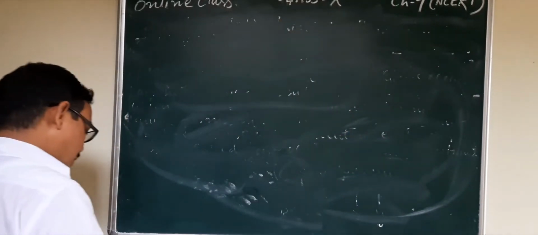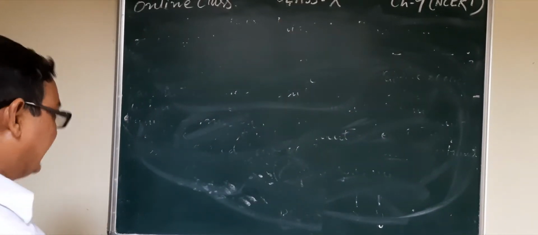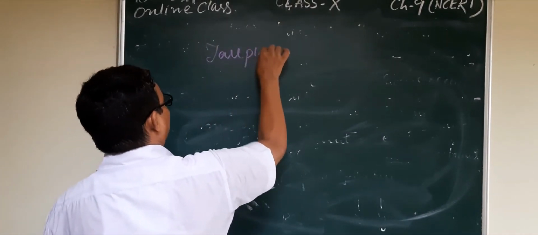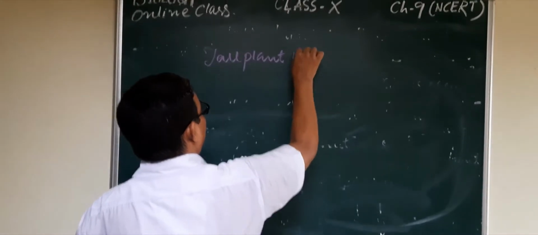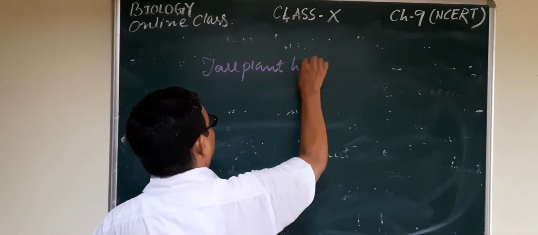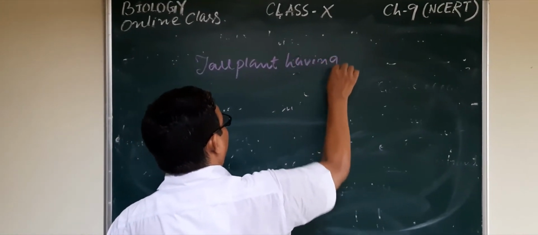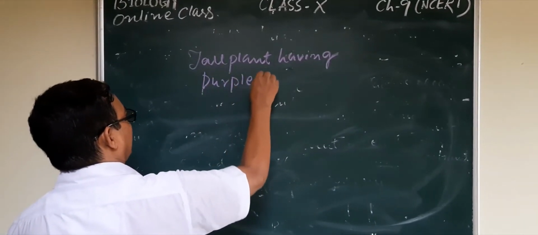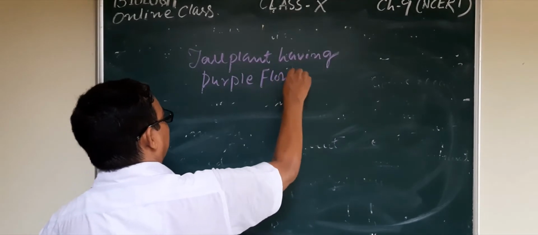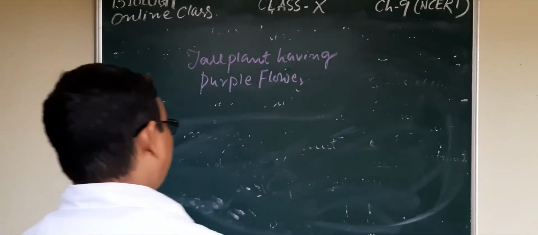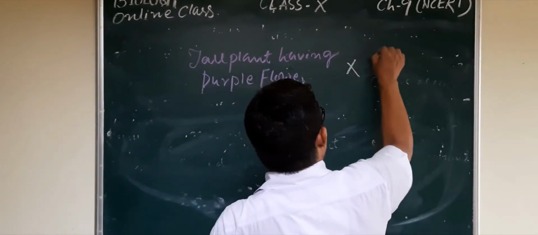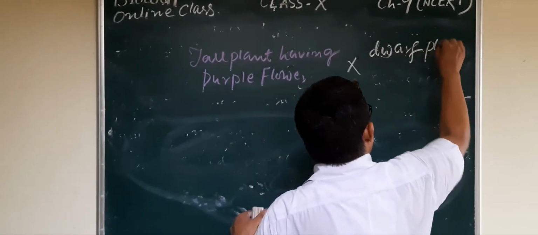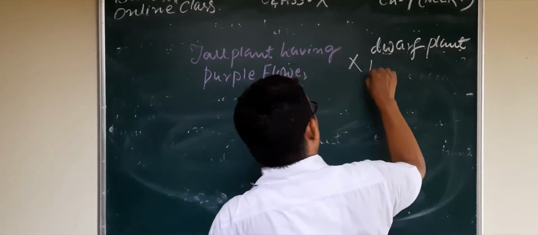Here you may also take consideration like the tall plant having purple, tall plant having purple flower, and the second choice dwarf plant having